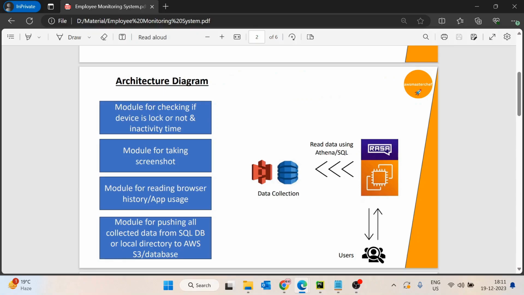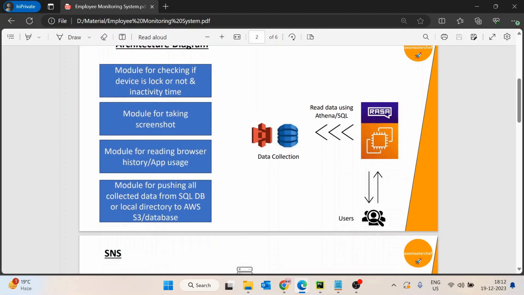So this video is in continuation of the employee monitoring system video series. In the last video, we saw how we can check the Chrome logs using Python and how we can take screenshots using Python. Still, we have some modules left to design, but I thought of focusing on getting updates from the cloud onto the device.